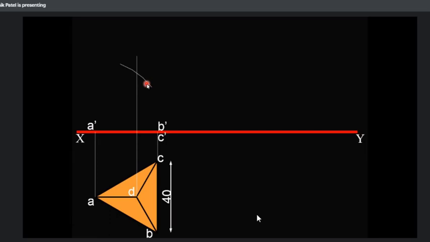Understand what I will do? Yes sir. Okay, you will select a triangular face which is parallel to the XY line. So I will draw vertical projections from the D and A points. Now on the D point, you will mark the apex point. How will you mark? A dash is my center point. Take a radius of 40 mm, meaning the base length of edges, and make an arc here. So this arc intersects here. So this is my apex point. Then after that you will draw the elevation part. Clear? Is there any doubt?